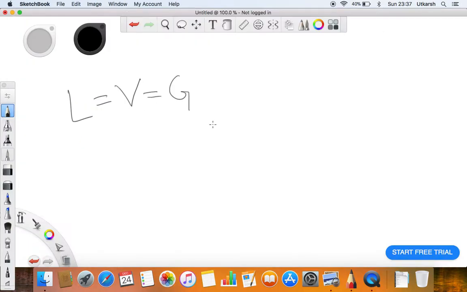So there's one thing we need to understand here. L being equal to V does not mean V is equal to L. So for instance, I say